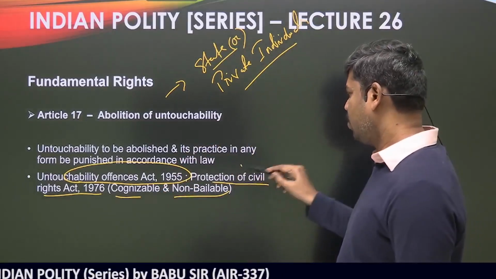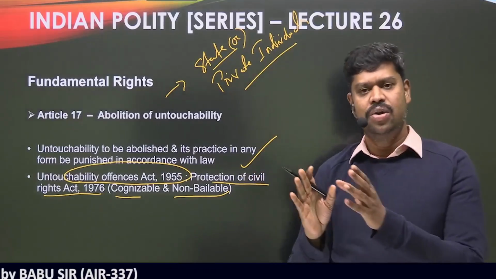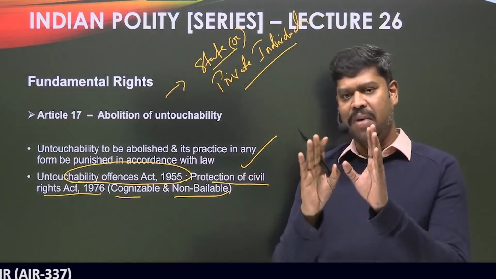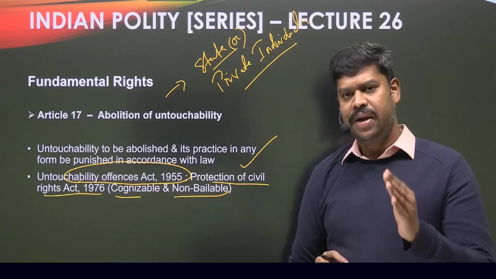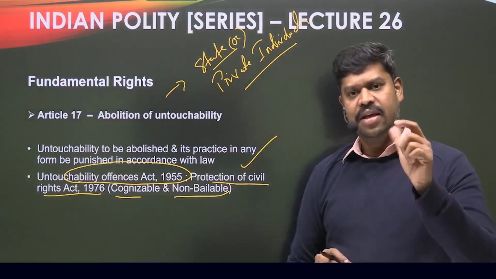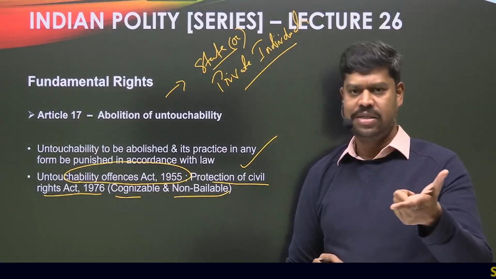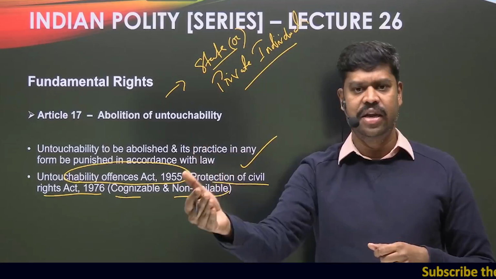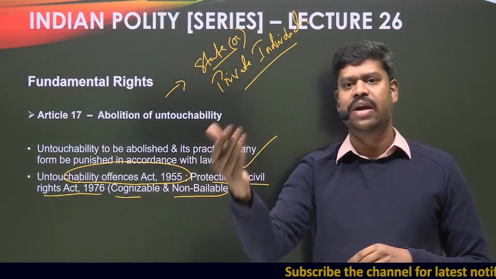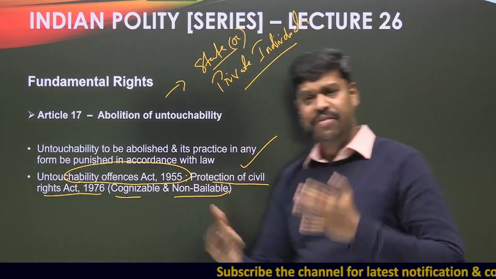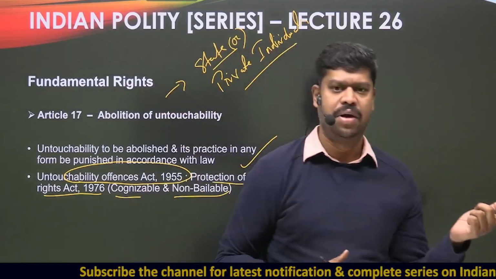So that is what you'll have to understand as to what untouchability is today and how the fundamental rights, or Part 3, deal with the subject matter of untouchability. I'm just repeating it again. Neither the state nor any private individuals would do anything that would amount to the practice of untouchability against another individual in our country. And if we are doing that, we are not only violating their fundamental rights, but we can also be punished for the practice of untouchability as per the law made by the Parliament.